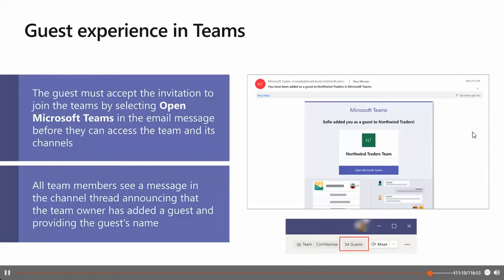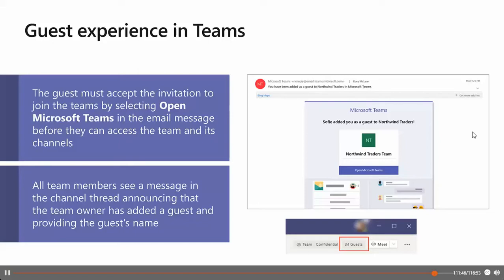Then we have the guest users that have the same access as the members. This is the most inclusive part. So this is one option about that. Then the guest users have limited access to properties and membership of directory objects, which means that guests don't have permission to certain directory tasks, such as enumerating users, groups, or directory resources using Microsoft Graph, for example.